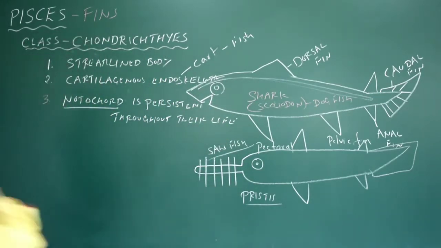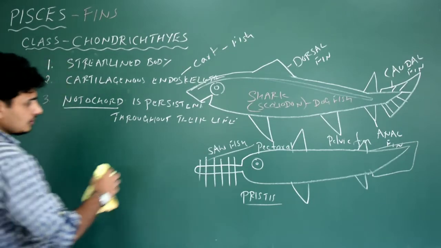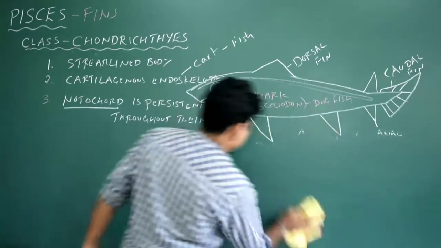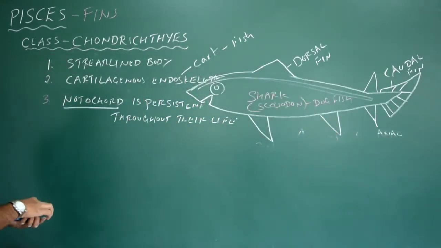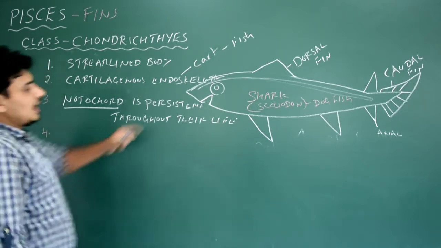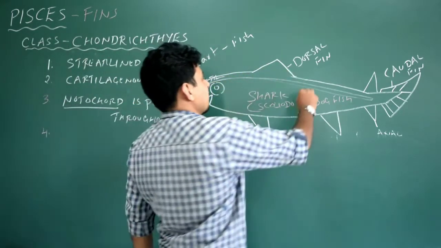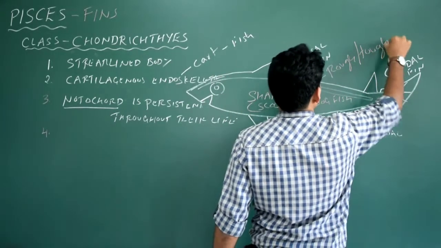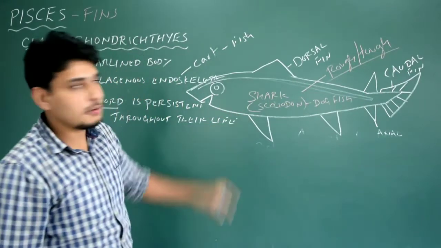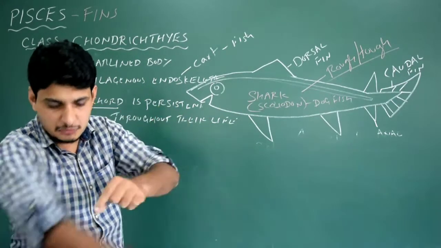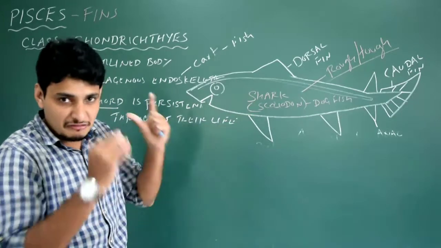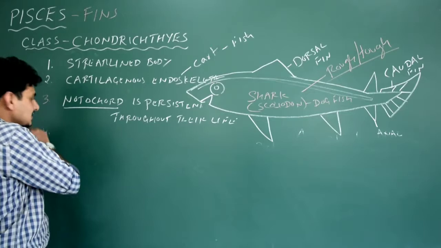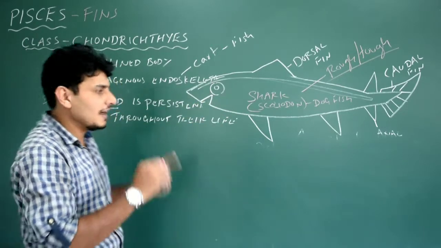We'll erase it. Please copy this. I will erase this picture so I get space. Okay. Next, the entire body is very rough. Not only rough, it's very tough. Why? Because the entire body is covered by a skin-like structure. We have very smooth skin, but these fishes have very rough, tough skin. Got it? Because this skin-like structure is made up of a type of scale.